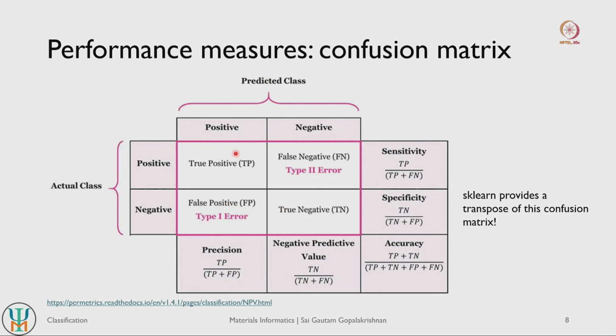So you can define a lot of performance measurement metrics if you can calculate a confusion matrix. So the confusion matrix is the origin for all of them, and we will look at precisely all the different performance metrics. So we looked at accuracy before, but we will also look at precision, sensitivity and so on, right.